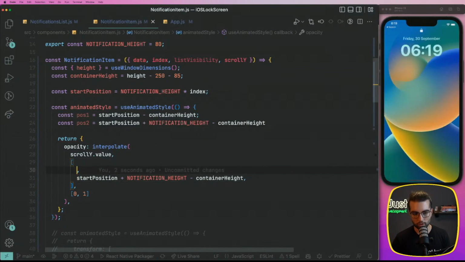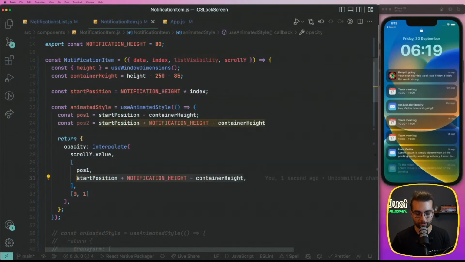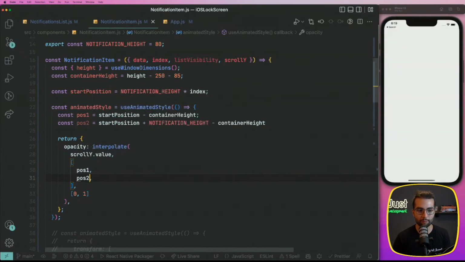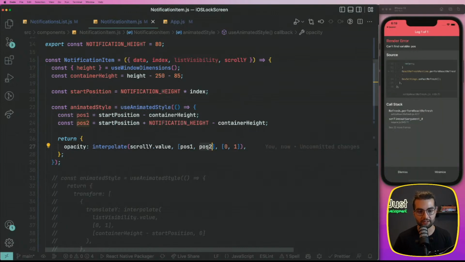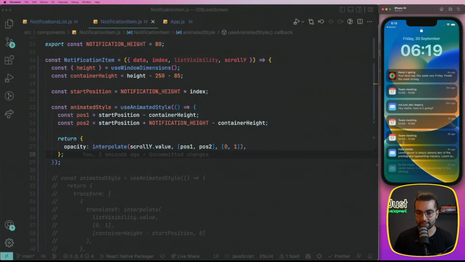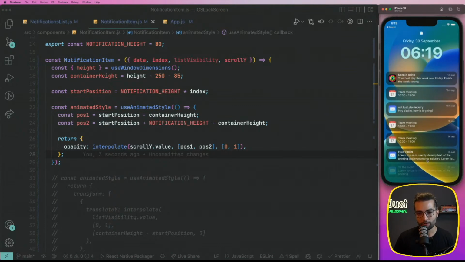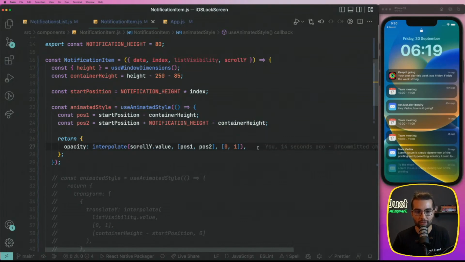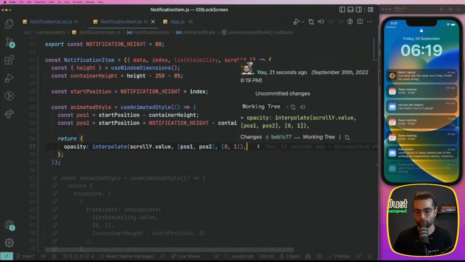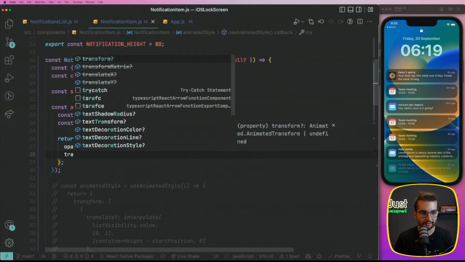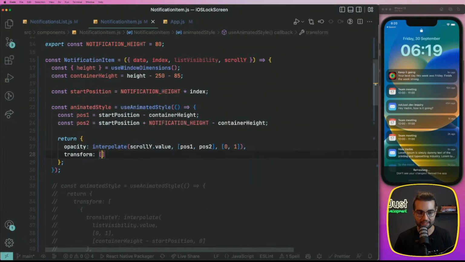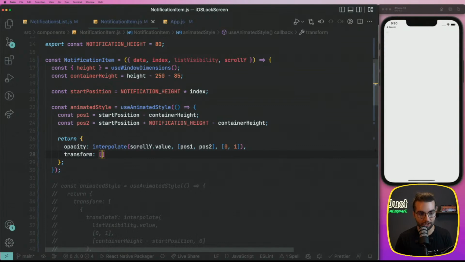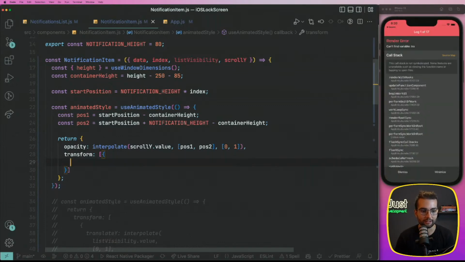So let's now work with position 1 and position 2. I did that because in the next step, we're gonna animate other properties also based on the same position. And when I talk about other properties, for example, let's work with the transform. Both of them will be in transform because we have to work with scale and the translate. So for that, let's define the transform, which is an array of multiple transformations. And one of them is the translate